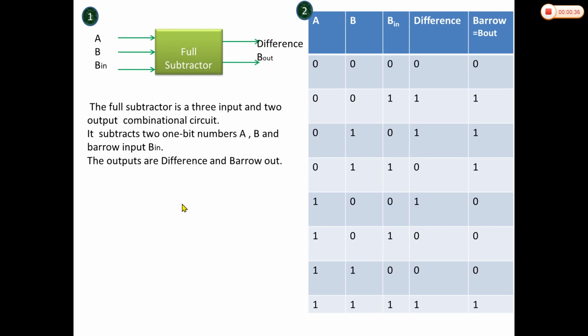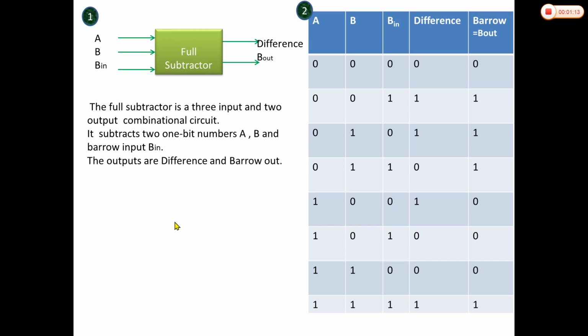When you subtract two binary numbers A and B each having n bits, in the LSB there are 2 bits only, that is A0 and B0. When subtracting A0 and B0 we can use a half subtractor, but other than the LSB they may have 3 bits. Those are the binary borrow input and the binary inputs A and B. So we have to use this full subtractor, which has 3 inputs and outputs difference and borrow out.